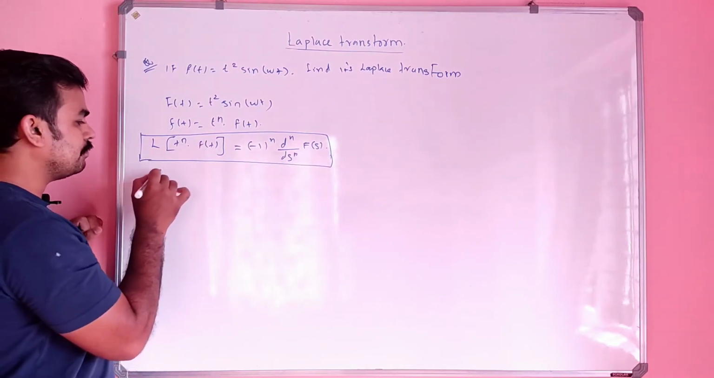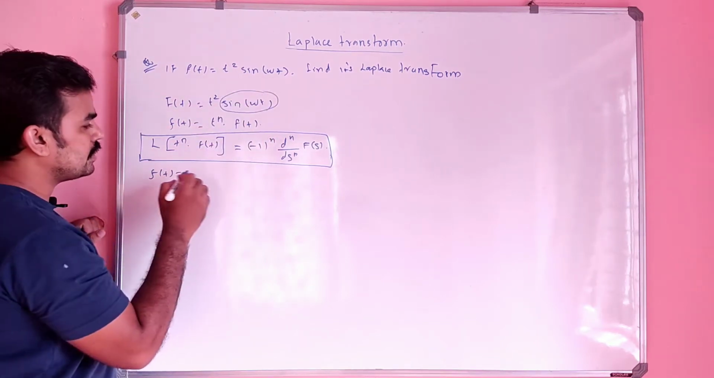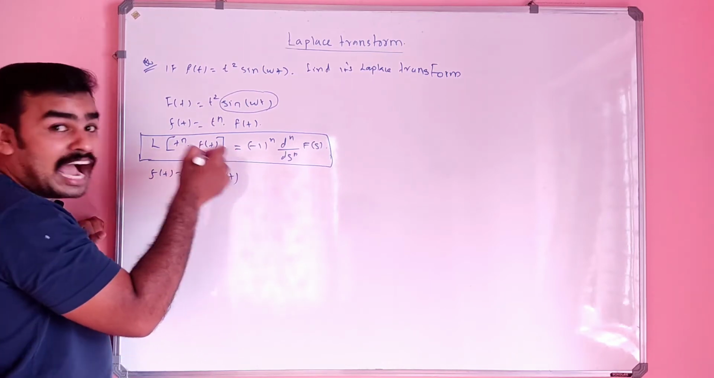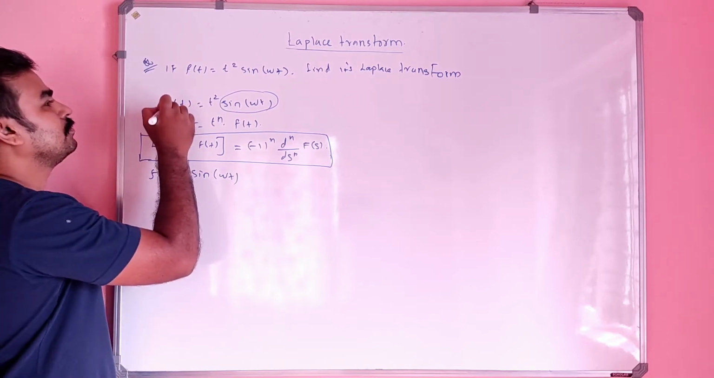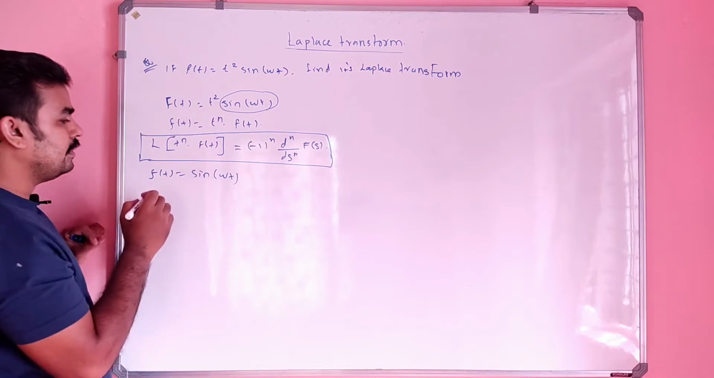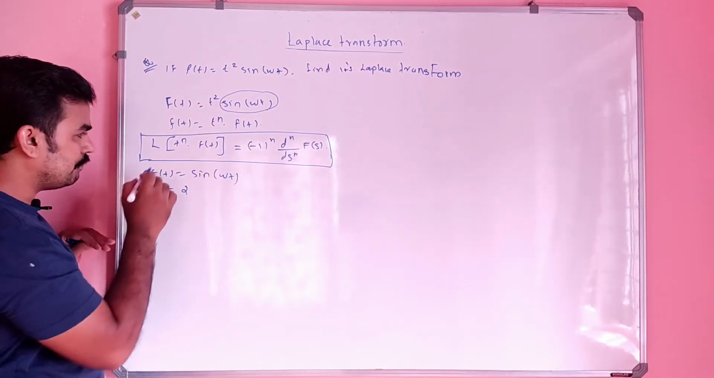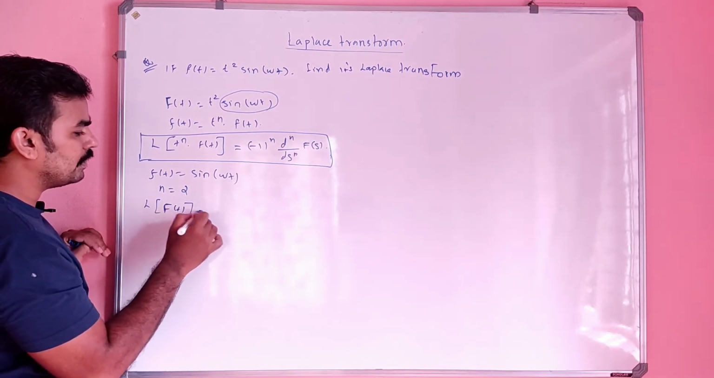Here, in the given question, small f of t is nothing but sin omega t, and n is nothing but 2, that is, t raised to 2. So definitely the Laplace transform of t square f of t will be equal to